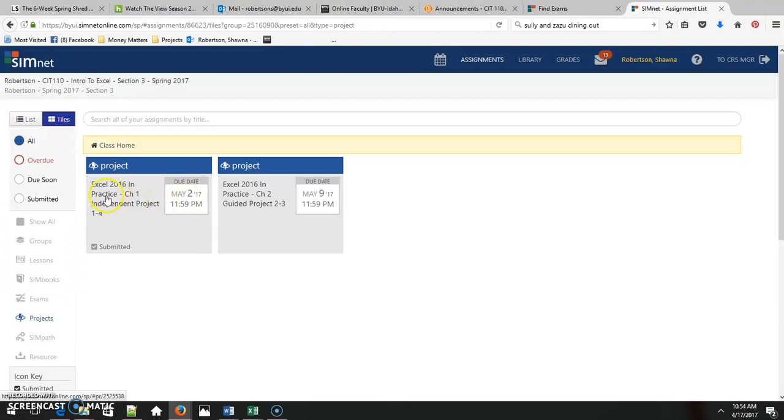Notice too that it does say practice in the title, but that practice is referring to the name of the textbook that we're using, which is Excel 2016 in Practice. It doesn't mean that it's an optional activity like the SimPath, practice SimPath, and the practice exam, which are optional, not required. Okay, so once you find the project that you're working on, and notice I've already submitted this one,